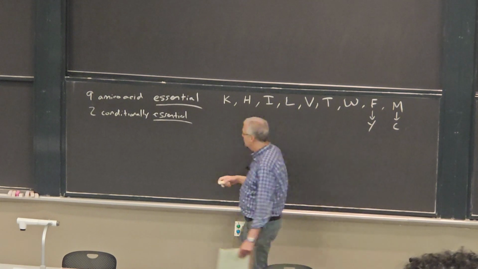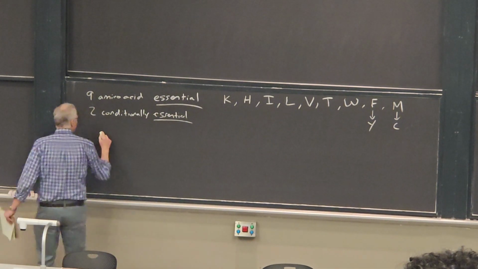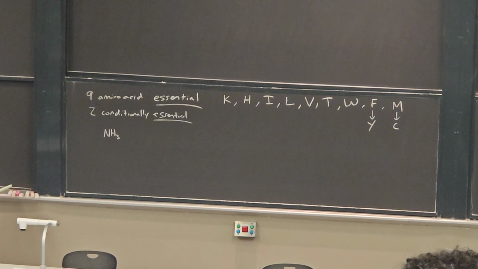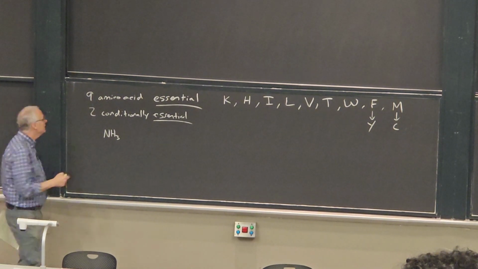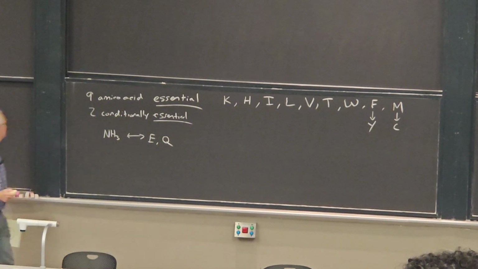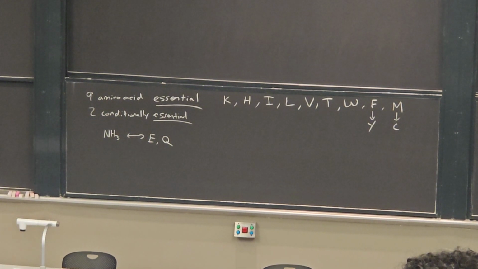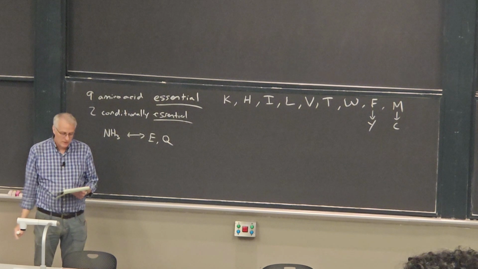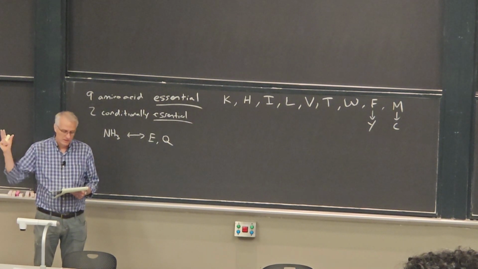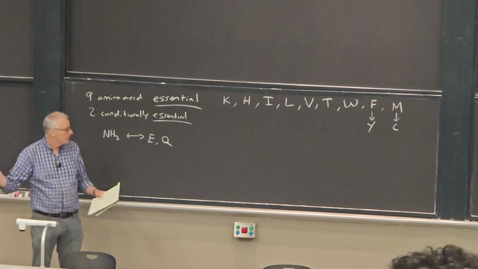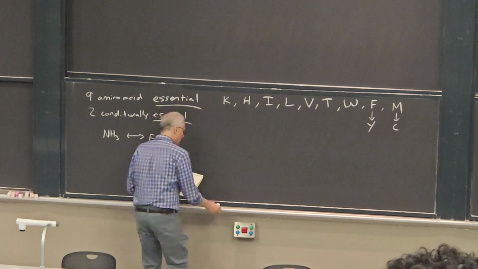Okay, so the way you deal with ammonia, okay, so ammonia is really your base biological nitrogen. This really comes in and out of biology via 2 amino acids, glutamate, wrote it up there, and glutamine, all right, glutamine and glutamate. Those are sort of the 2 amino acids that you really use to put ammonia in and out of biological systems, all right?